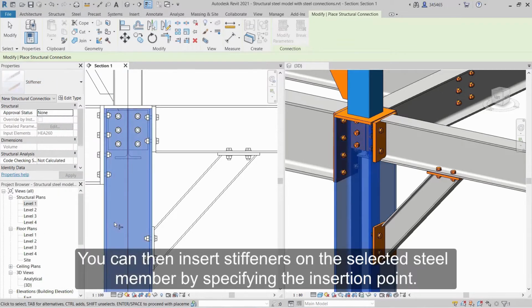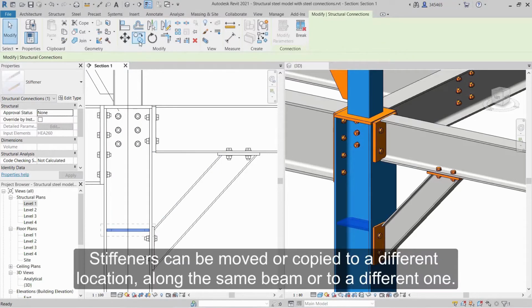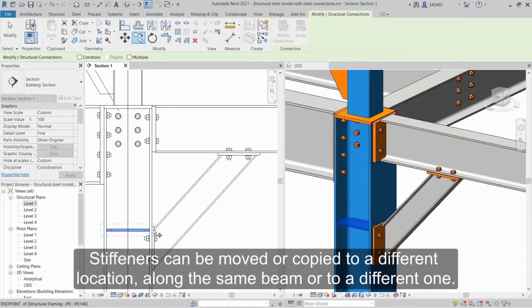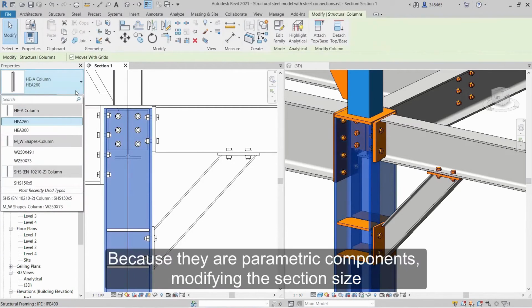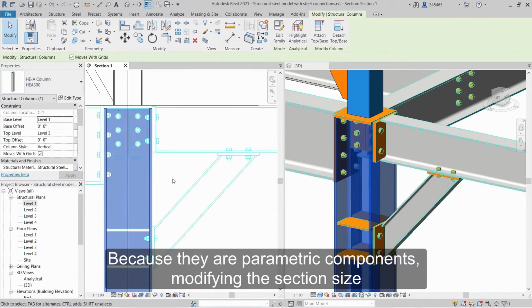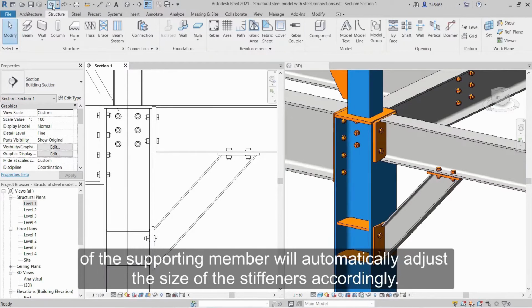You can then insert stiffeners on the selected steel member by specifying the insertion point. Stiffeners can be moved or copied to a different location along the same beam or to a different one. Because they are parametric components, modifying the section size of the supporting member will automatically adjust the size of